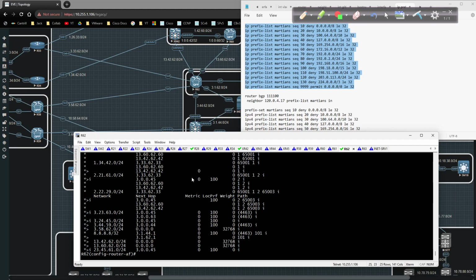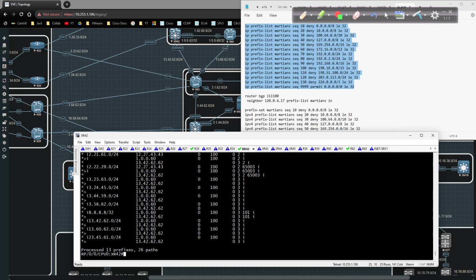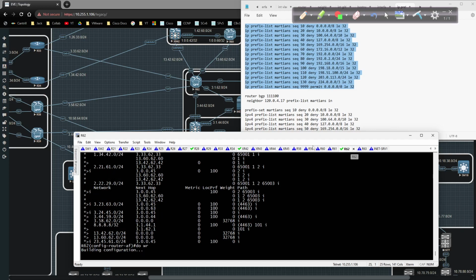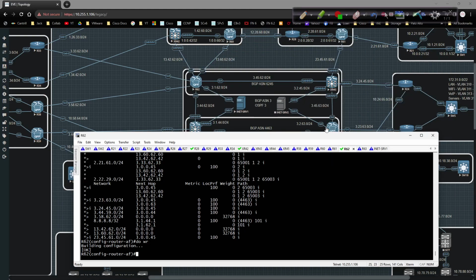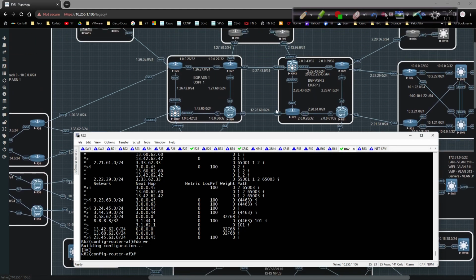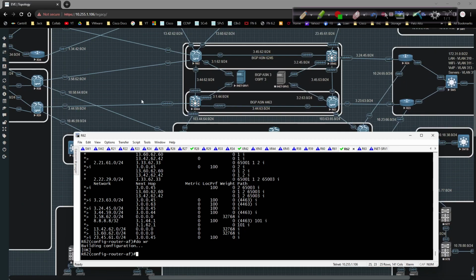Now if I eliminate that and go to 42 and show IP BGP here, I'm starting to eliminate a lot of routes that I don't need, which is what I want to see. Now I go back to 62 and write that config. I can then go over to the other side of the network. Let's minimize this guy down, and because I don't have any peerings to any other sites, what I will do now is focus on